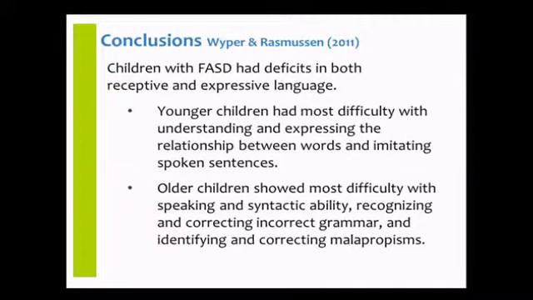And those last two graphs, I know there was a lot of information there, but really to sum it up, we're seeing that the younger children have most difficulty with a lot of these general aspects of language, so understanding and expressing the relationships between words and imitating spoken sentences. And as the children get older, this is when they're deviating more from their peers and they're having more difficulty in these higher level aspects of language involved in syntax, in grammar, recognizing incorrect grammar, identifying errors in sentences